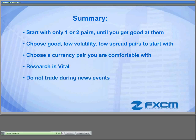So in summary, start with only one or two pairs until you get good at them. Choose good, low volatility, low spread pairs to start. Make sure you choose a pair you're comfortable with. Do plenty of research to learn your pair. Do not trade during news events. And start